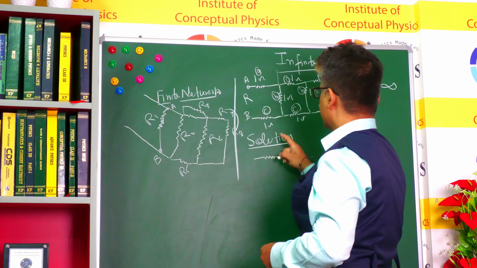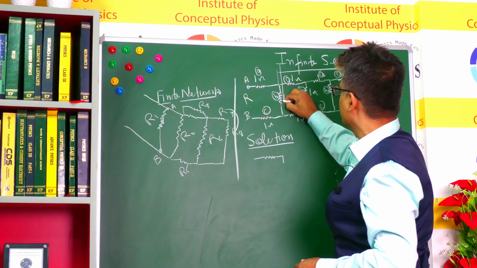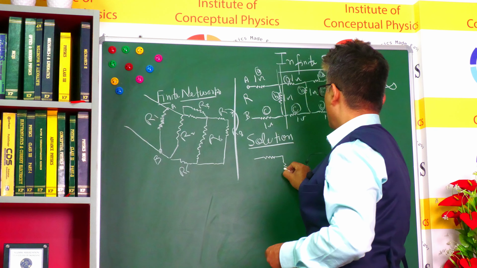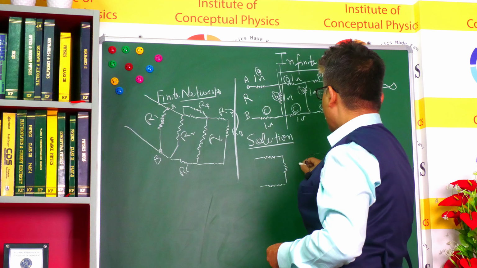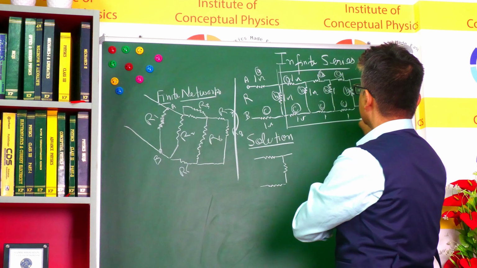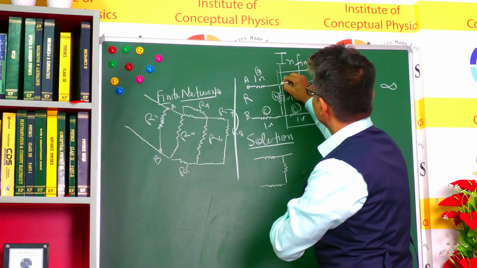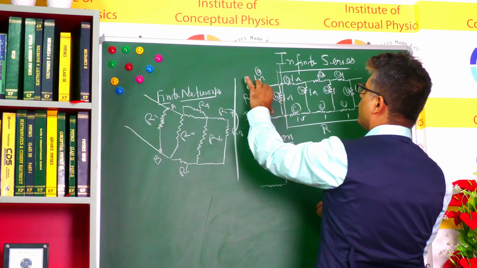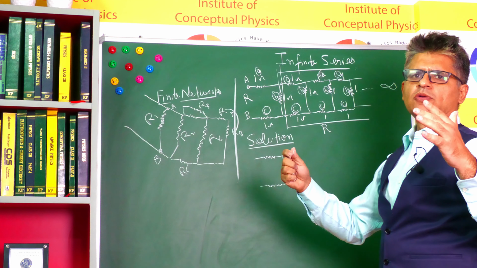one pattern, which is here, 1, 1, 1, and then the pattern repeats at this point. Okay, the pattern is repeating after this point. So this is your 1, and this is your, and now the rest of the network, which starts from this point, also has an equivalent resistance of R between these 2 points. Okay, between these 2 points, because if you remove one small part of that infinite ladder, this